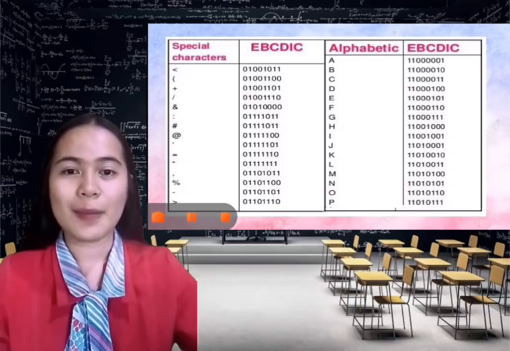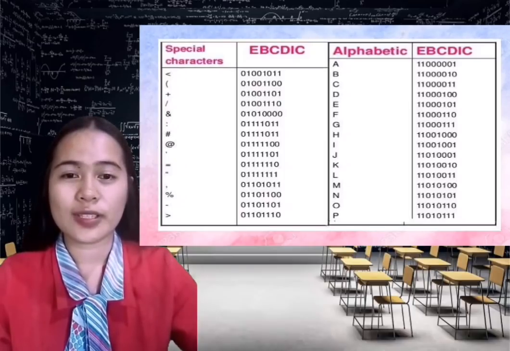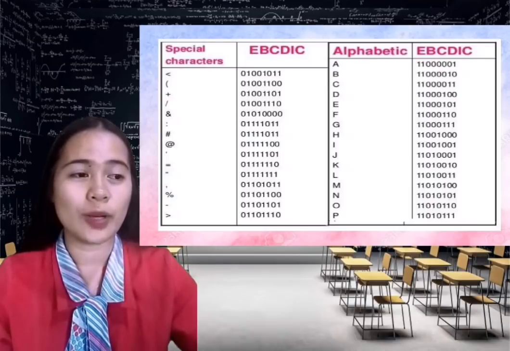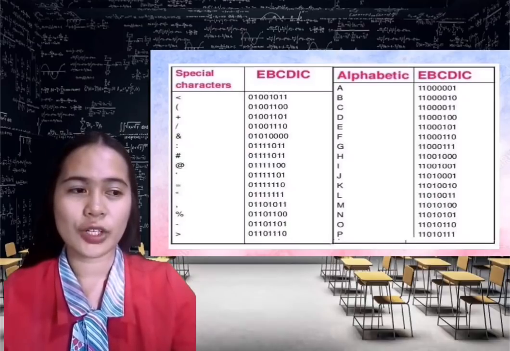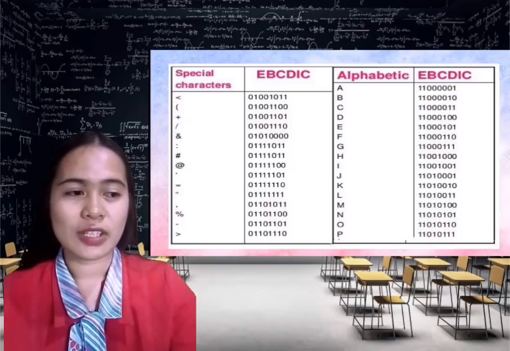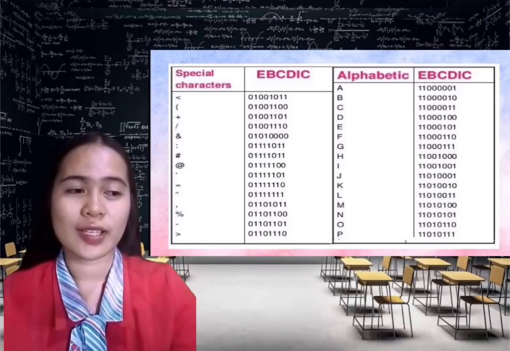01001110. The ampersand or the and symbol has its own code. The colon punctuation mark and the number sign have the same code, and the @ symbol has the code of 0111100. The apostrophe has the code of 0111101. The equal sign 0111110. The quotation mark